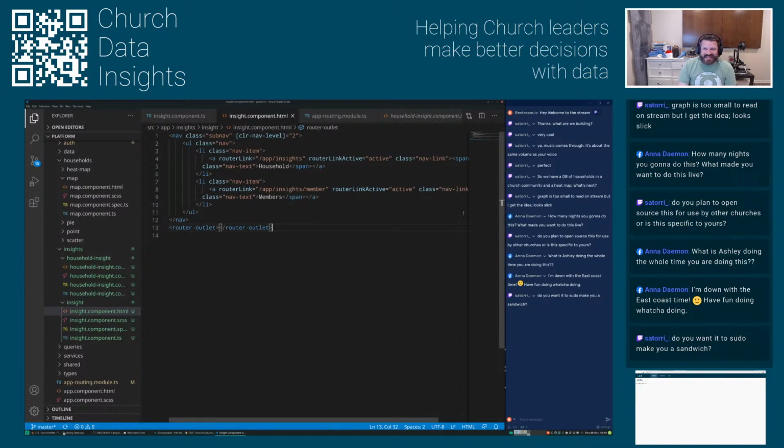Yeah, I am using Linux. I do use sudo quite a bit, but dinner's not for another 45 minutes, an hour. I'll have a sandwich then. Actually, I'm not sure what we're having. So,